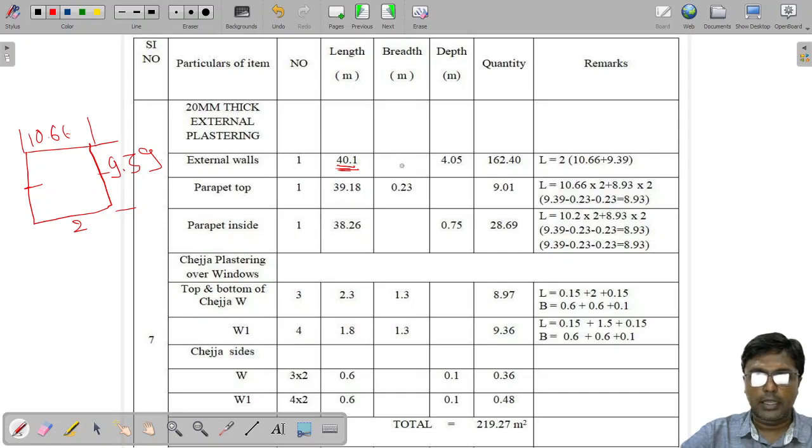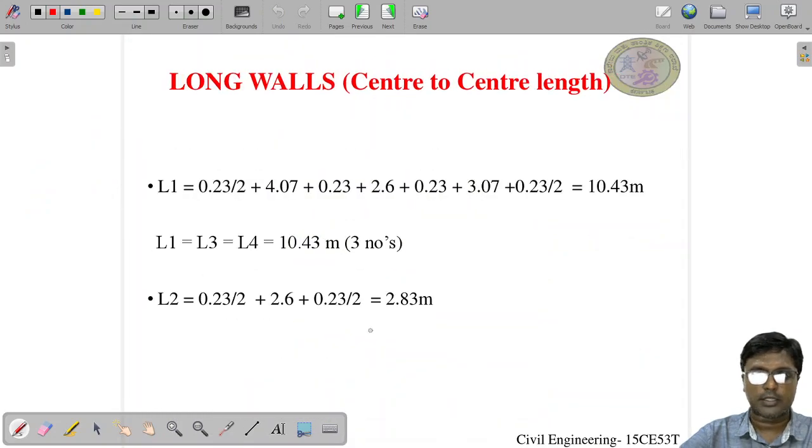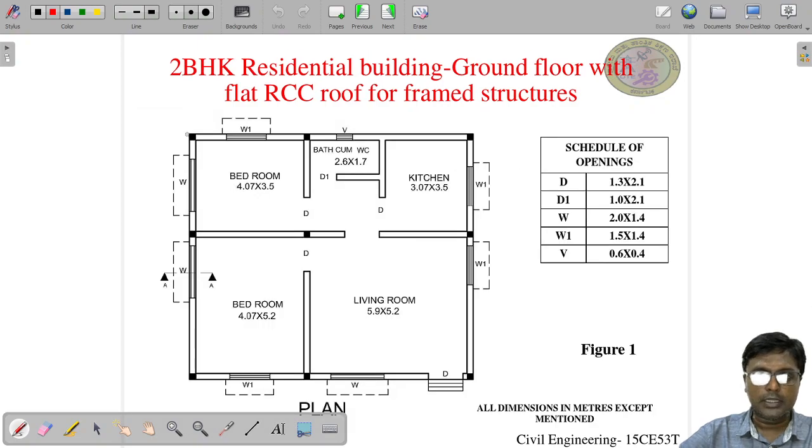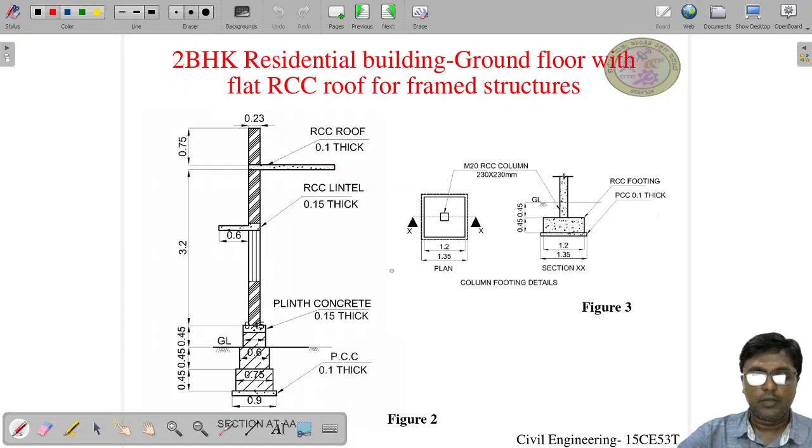Again, here there is no breadth. The plastering work is done in meter square, but we have to carefully choose which column we have to fill. Why have I not filled it in the breadth column? Because for external walls, what I need is only the perimeter of the external wall and the height, and with the height we will get the area of plastering. So how to get the height now? We have got the perimeter of the external walls, but getting the height is simple. 3.2.